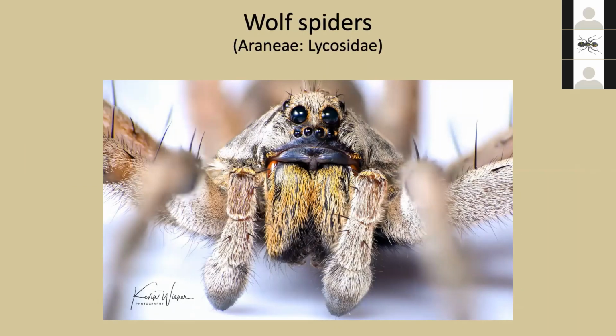We get phone calls about wolf spiders all the time. These freak people out because they're big, and I'm going to show you a picture in the next slide of another reason why it freaks people out. But most spiders have 8 eyes in 2 rows. Wolf spiders have this distinctive 4-2-2 eye arrangement,